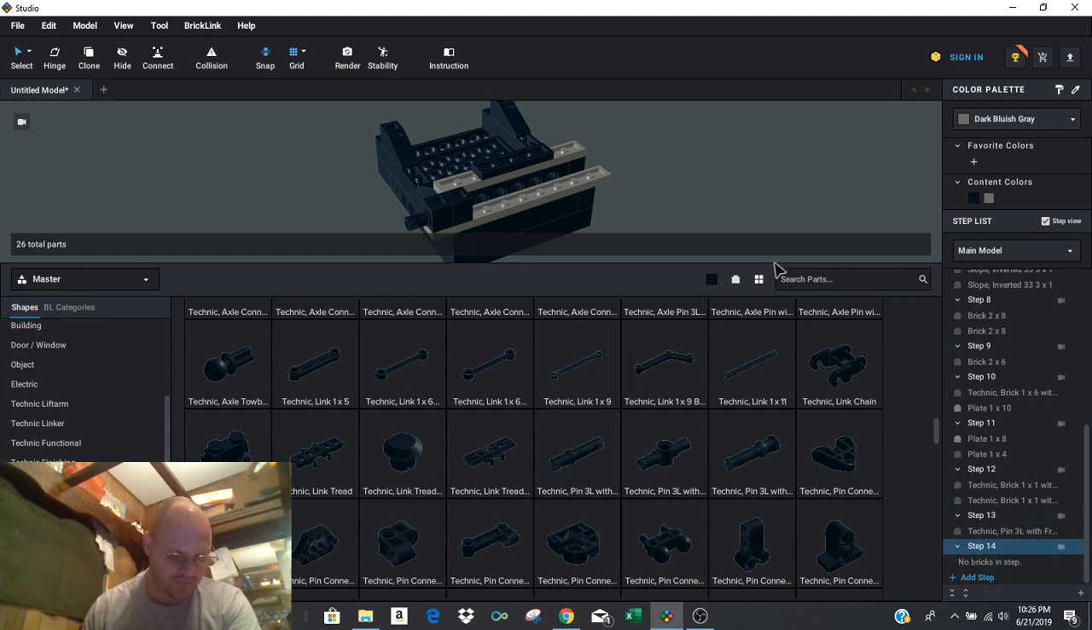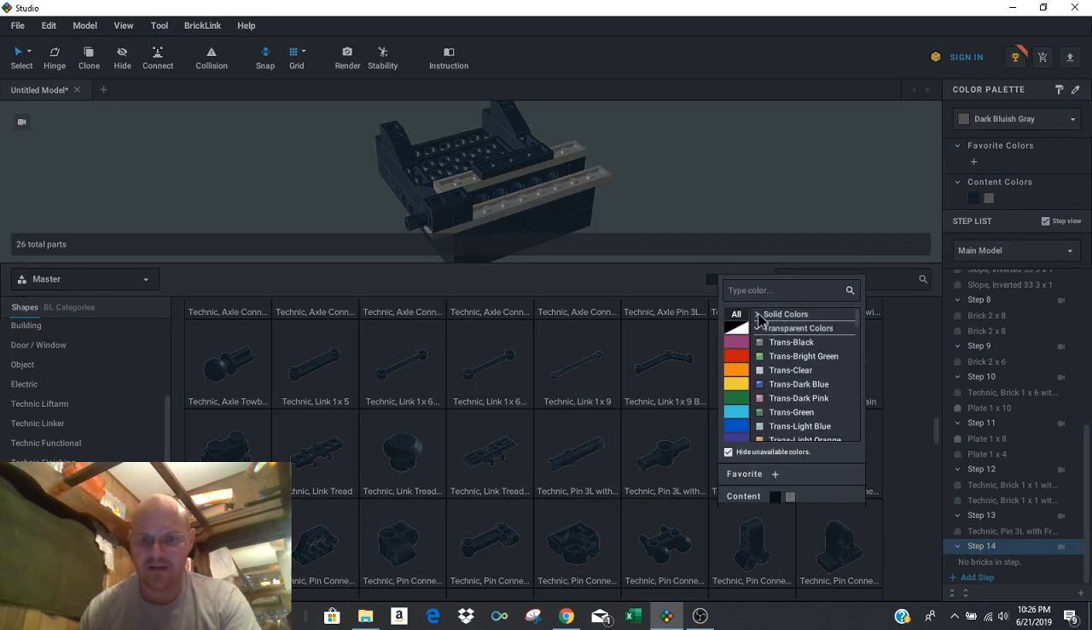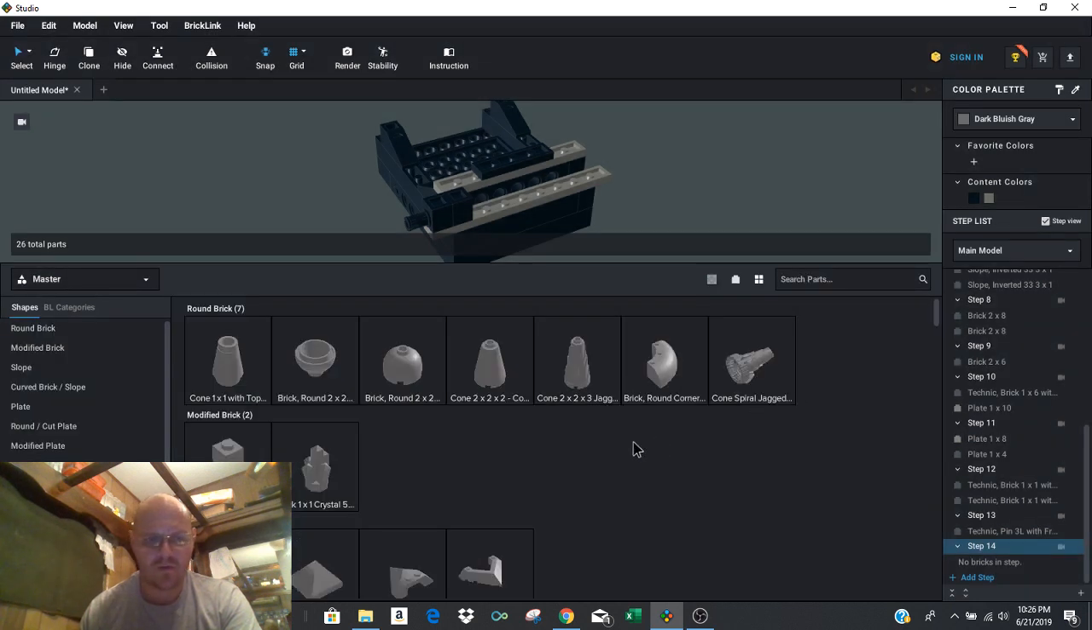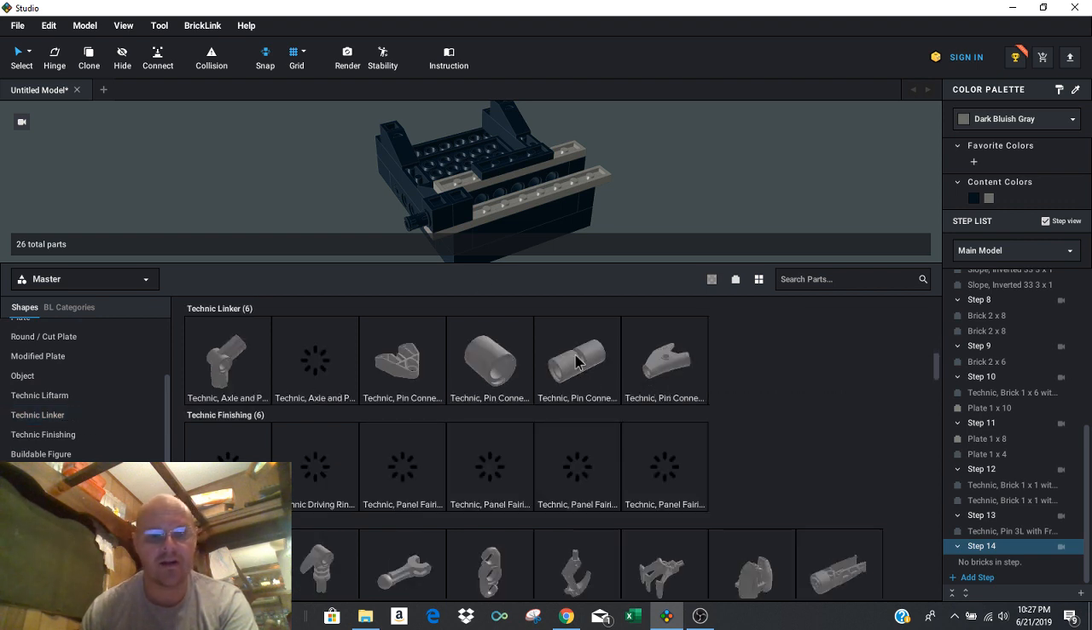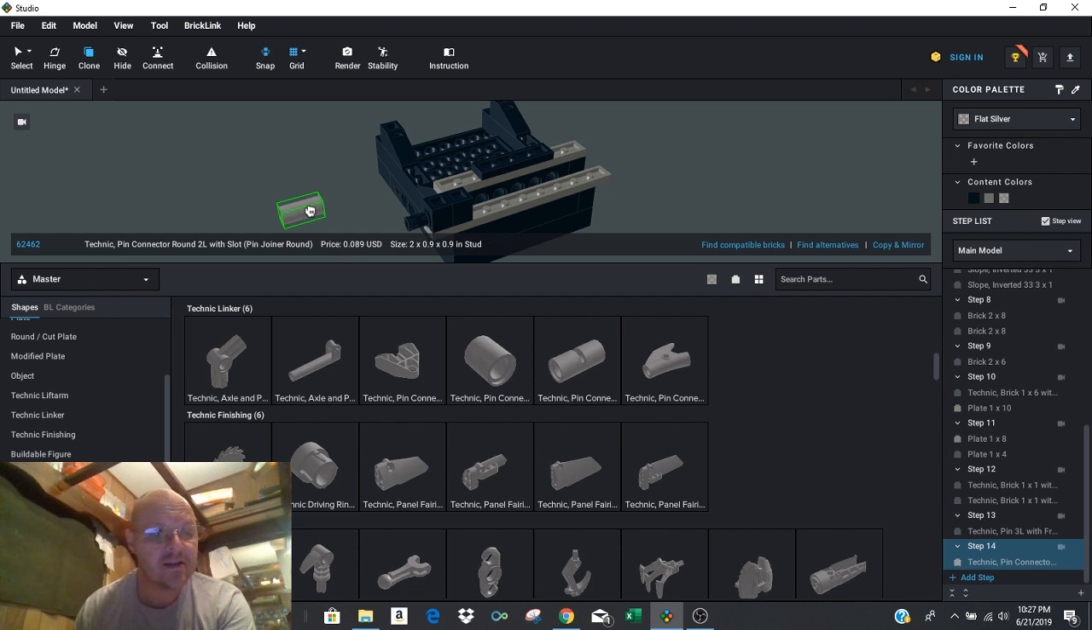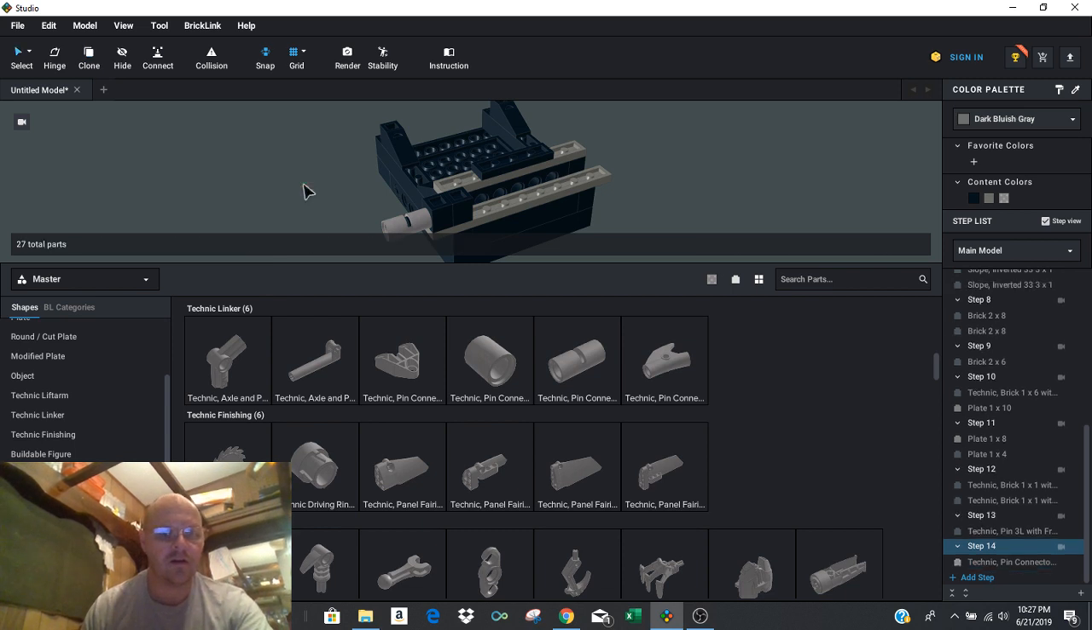We're going to go in and we're going to find not solid, not transparent, not chrome, pearl flat silver. It's either going to be flat silver or dark gray. And this is one that I'm not familiar with. I'm not sure if it's in the linker section. Yes, it is right here. This is an exhaust pipe. So we're going to put that right there on the end of it,